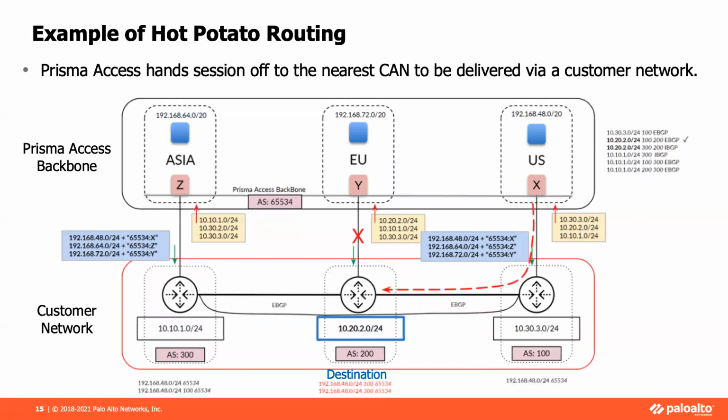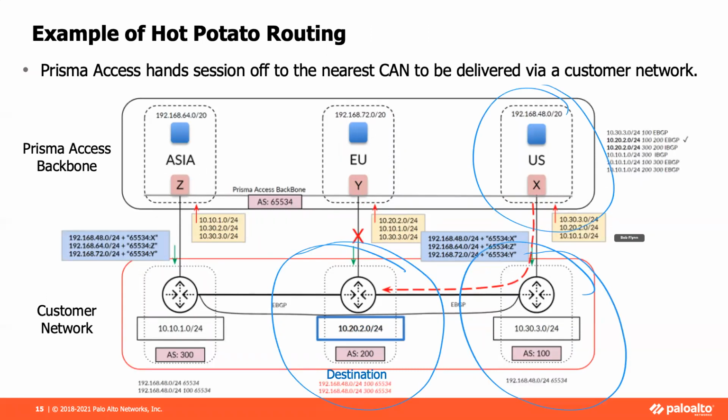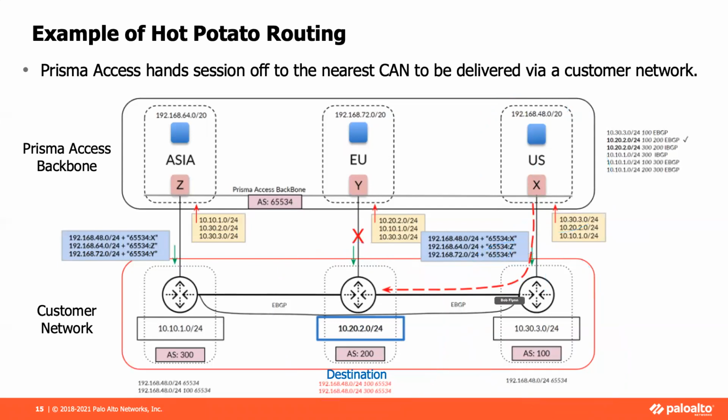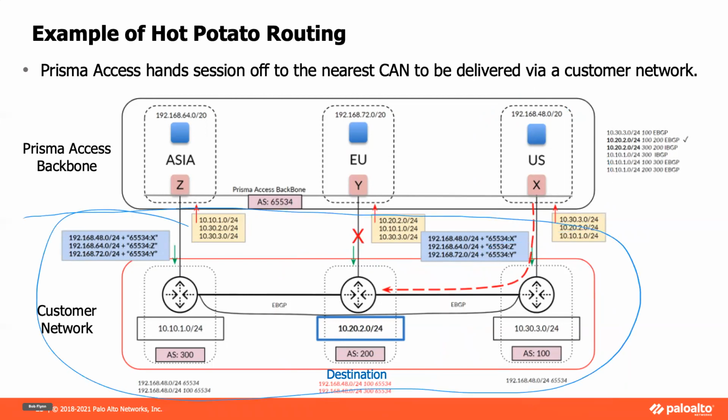If I've got a user in a branch office who needs to talk to another user in a branch office, let me send them into Prisma Access and have Prisma Access push them back down into my routing infrastructure and let me take care of this. So let my infrastructure take care of routing,